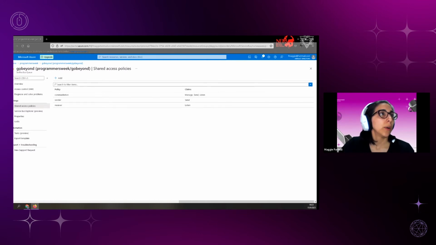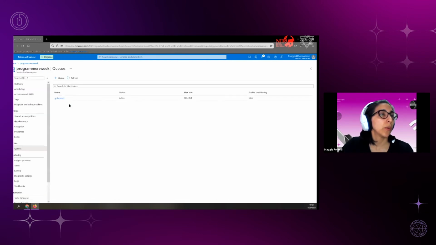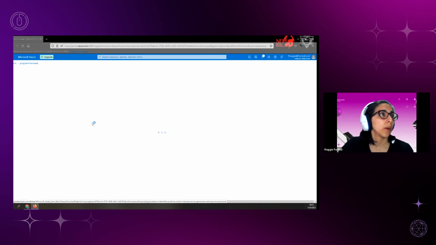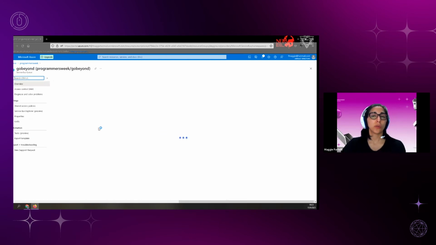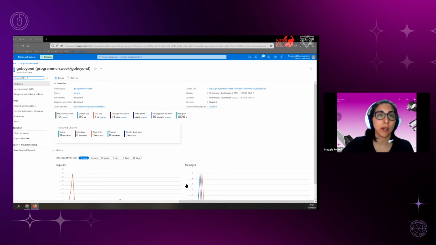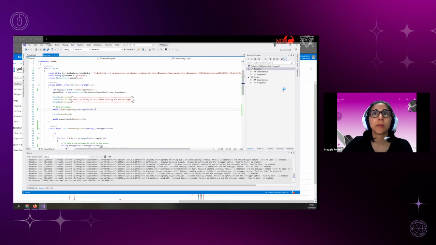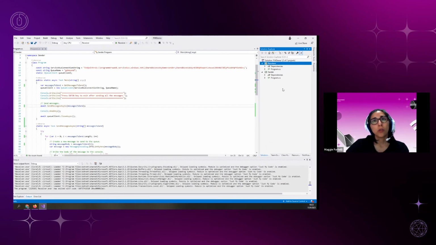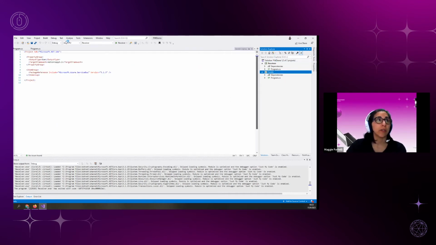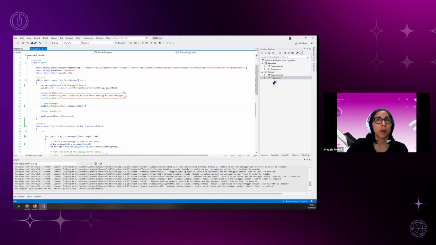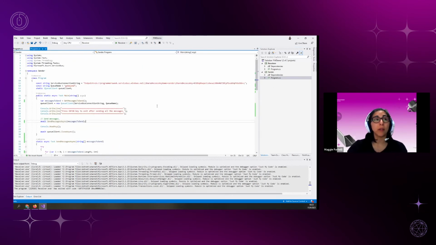And yeah, we have the namespace, we have the queue. I think, yeah, we're ready to now take a look on the code and see how this interacts. So let me bring my little demonstration. I create 2 console applications to demonstrate and make this interaction with the queue. We have in one hand the sender and another the receiver. So let's check about first the sender and how we can set up everything for